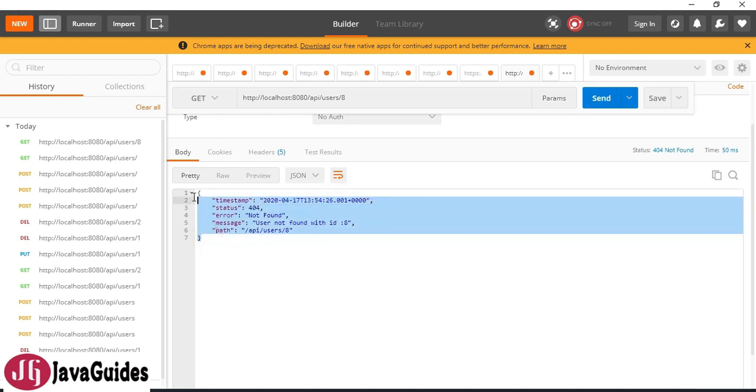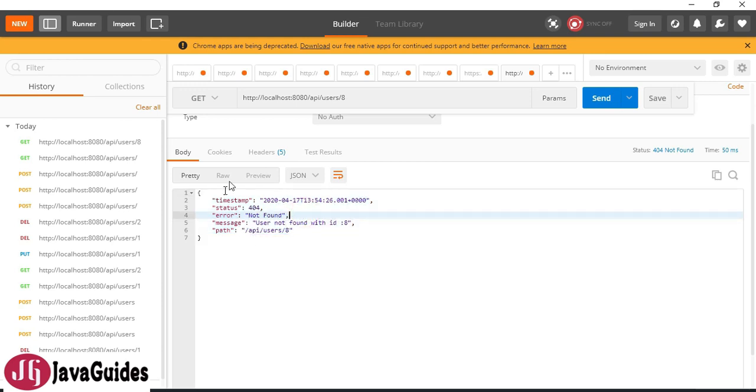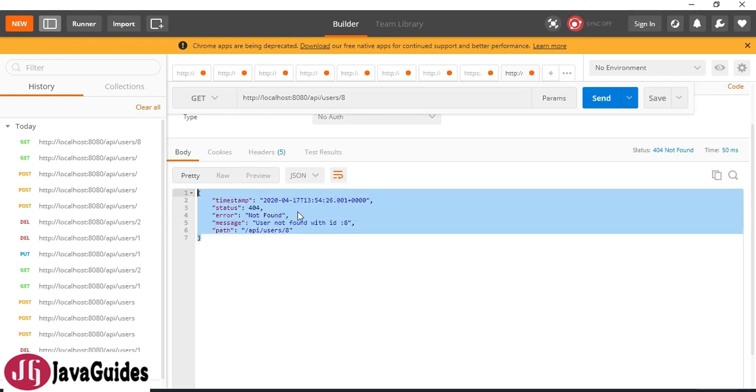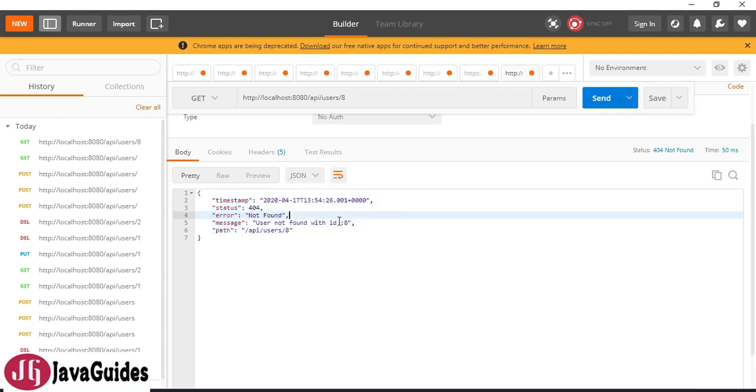And this is created by Spring Boot, and we can customize this exception handling as per our need. But this looks good, and this is the default exception handling provided by Spring Boot. Alright, great. I think I have covered all the scenarios.